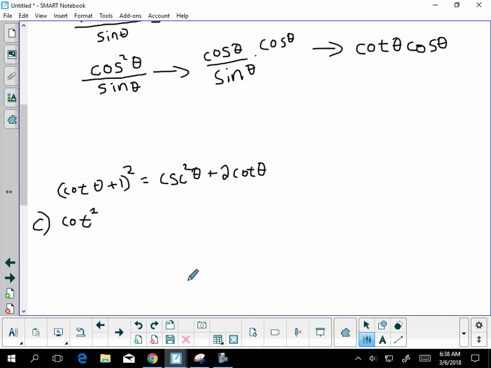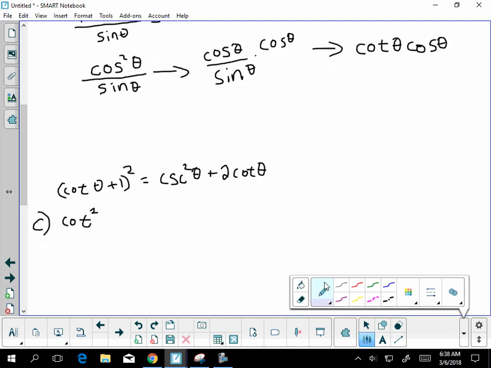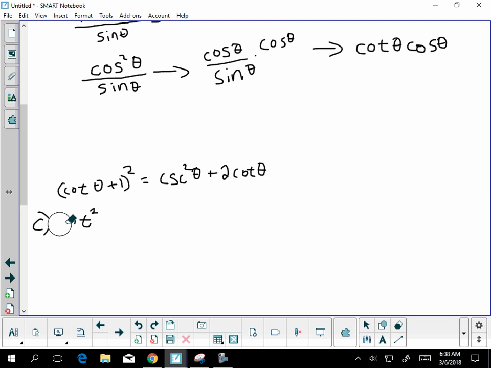On C, we've got cotangent theta plus 1 quantity squared. So I'm going to go ahead and FOIL that out. Remember, that's actually cotangent theta plus 1 times cotangent theta plus 1, so you need to actually FOIL. And when I do that, I'm going to get cotangent squared theta